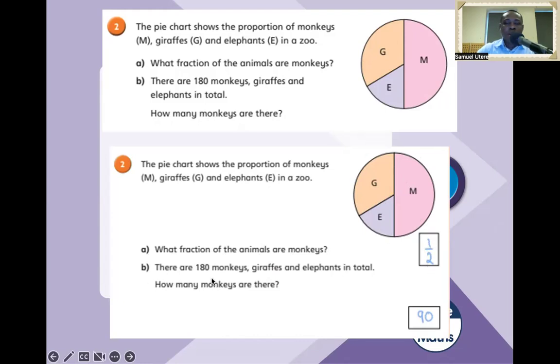Next, there are 180 monkeys, giraffes, and elephants in total. How many monkeys are there? You simply work out the proportion or the fraction of the whole. The whole is,